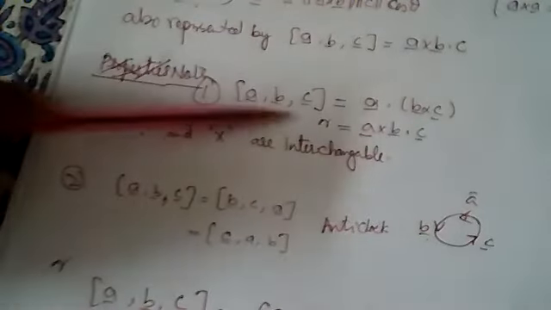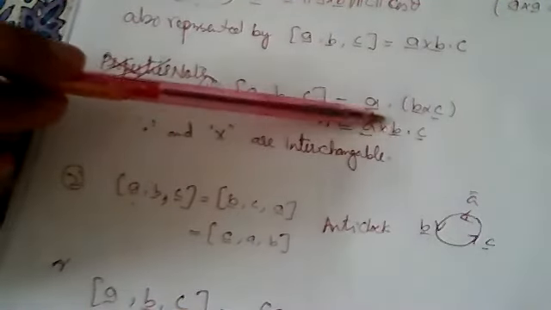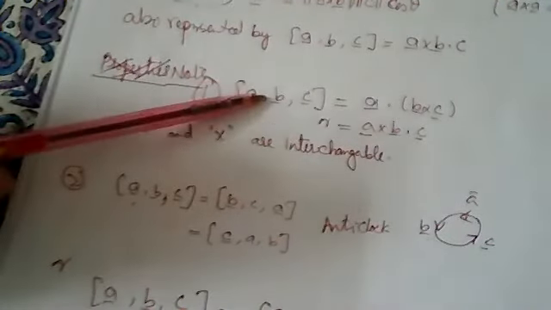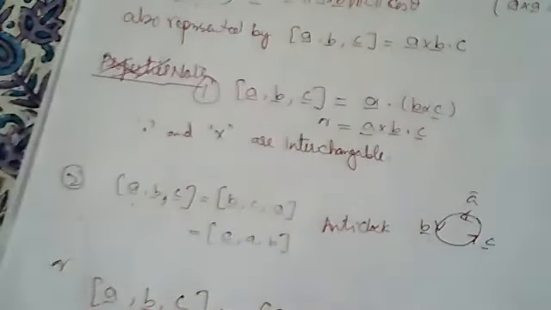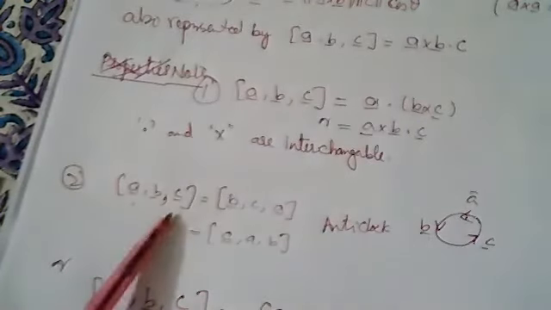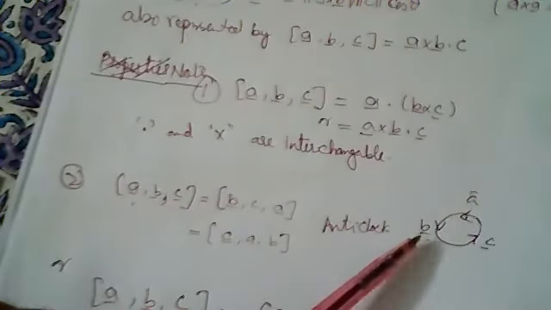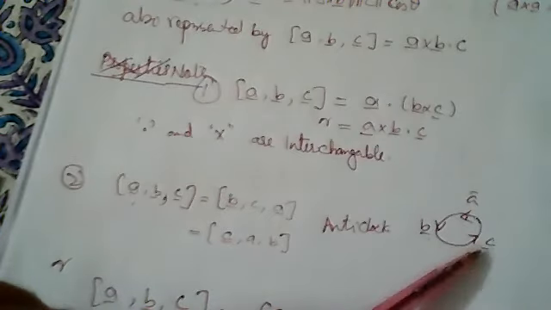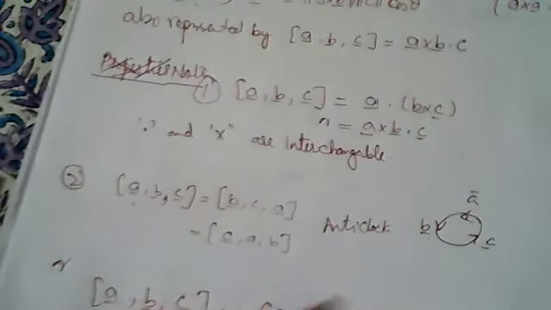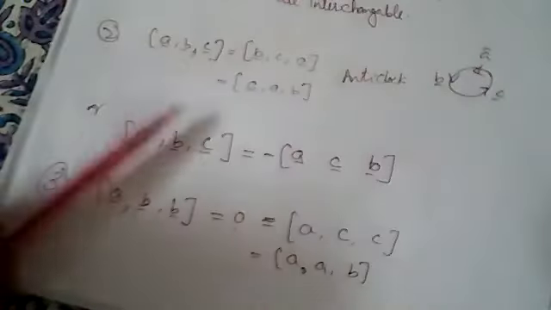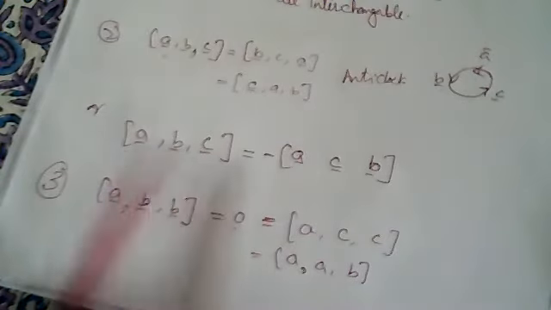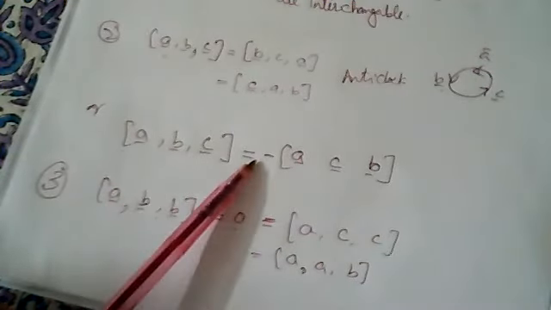If you write in the form of vectors, in the form of dot and cross, you can put cross first and dot second, or dot first and cross second, because dot and cross are interchangeable. So you can change cyclically. A cross B dot C: if you start from A, then A, B, C. If you start from B, you can write B, C, A. If you start from C, you can write C, A, B. So this is anti-clockwise. If you do it clockwise, or randomly change any two vectors as you like, then you have to put the negative.